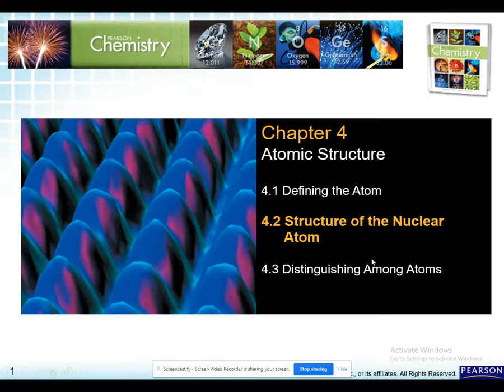Hey class, today we're going to continue on with chapter 4 and we're going to start section 4.2, known as the structure of the nuclear atom. Now a lot of the stuff we're going to talk about today is going to sound familiar because you have learned it in integrated science. However, today we're going to go into a little bit more depth, and maybe some of the experiments we're going to talk about. So this section is actually going to be cut into two parts and we're going to cover